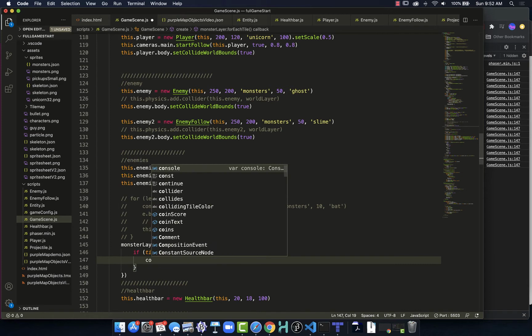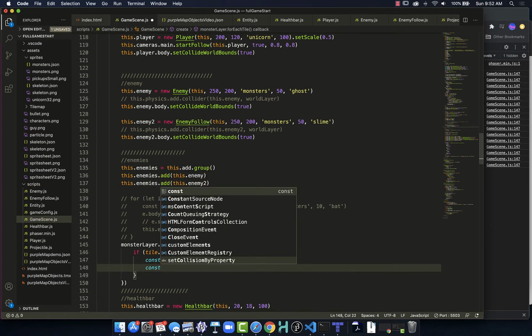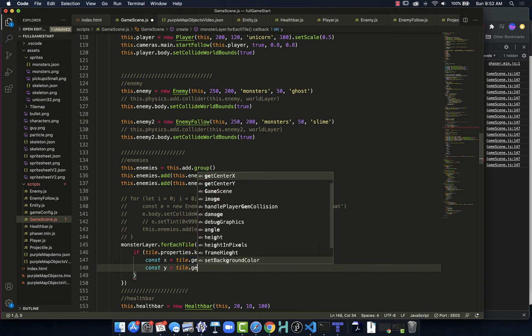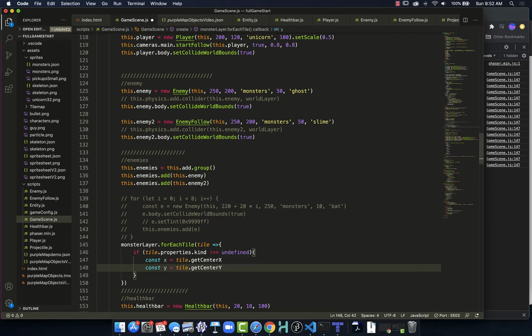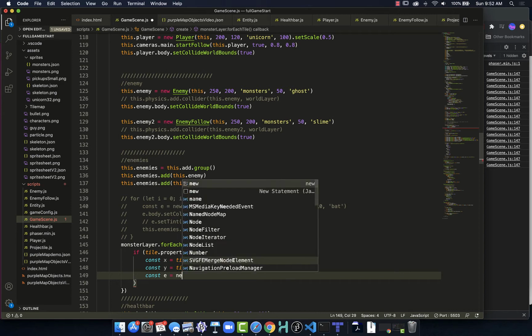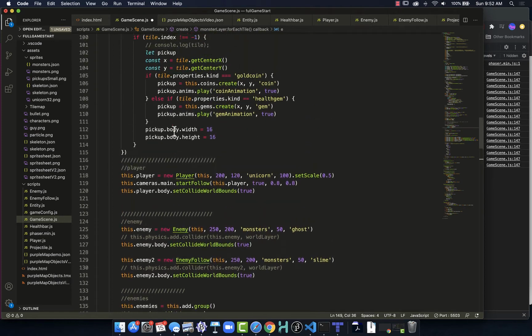So first we need to get our values of where to position it. So the exact same as working with the pickups. The only thing that will really be different here, of course, is that we're attaching it to our enemies group instead of our pickups group, or coins versus gems, and that our constructor here will be not 3e. This is where it's going to be a little bit different, because now we make a new enemy, if I can spell it correctly. So noticing on the pickups,